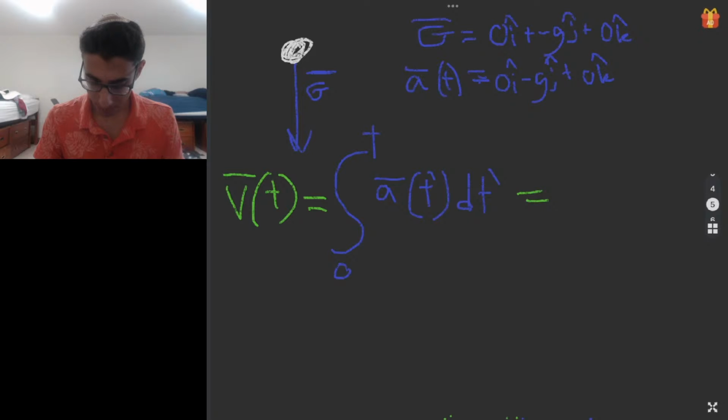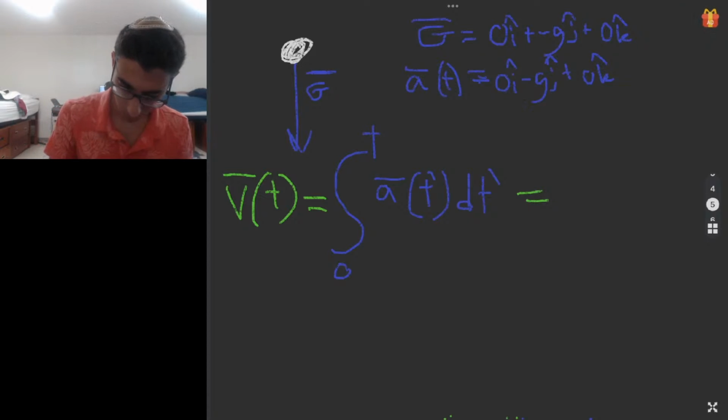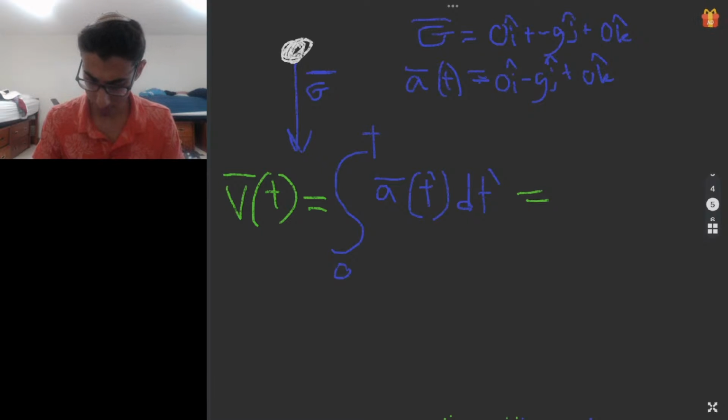So the acceleration at time 0, what is the acceleration at time 0? The acceleration at time 0 is the same as any other acceleration. So it will be, hold on, something doesn't make sense. No, acceleration is constant. We need to find the antiderivative of it. Sorry, I forgot that we're finding the antiderivative. So 0 i hat minus g j hat plus 0 k hat. Well, 0, the antiderivative must have been